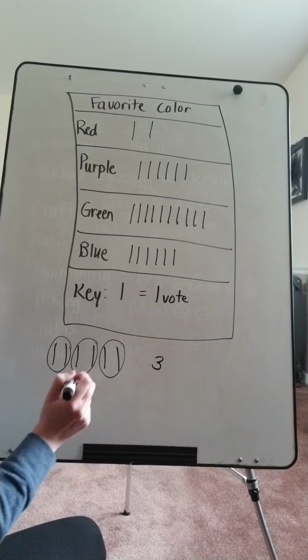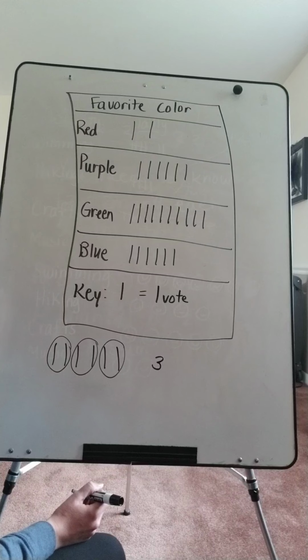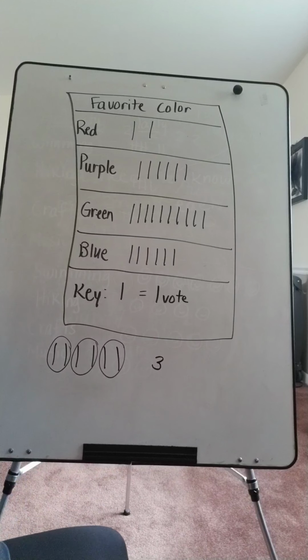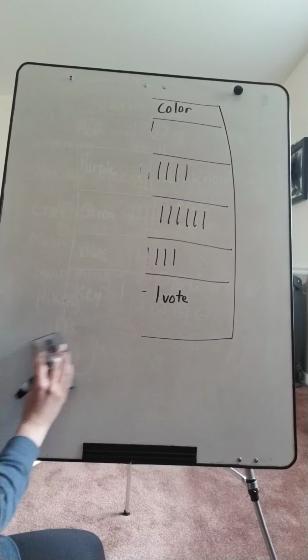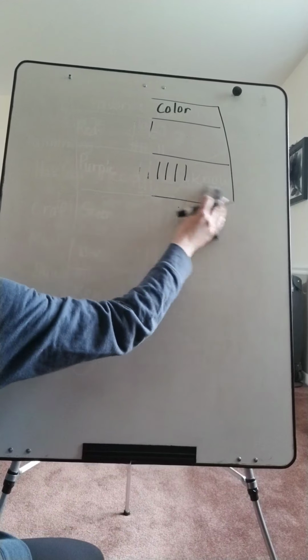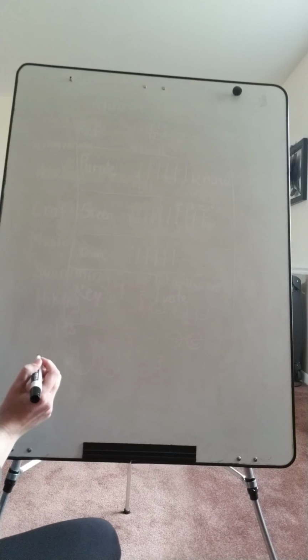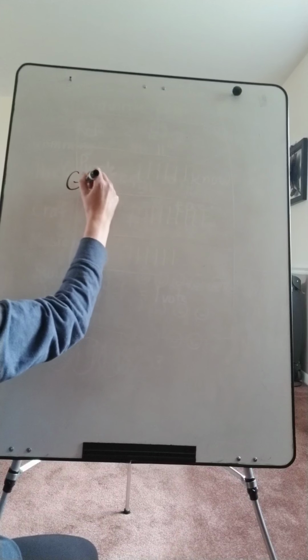All right? Number 4 says George is making a picture graph to show the number of hits by players in a baseball game. What symbol do you think George should use for the picture graph? Explain. Well, I think it would probably be easier just to use a circle because of the ball. So, if you have a different answer, you are welcome to put it. But for number 4, I'm going to put